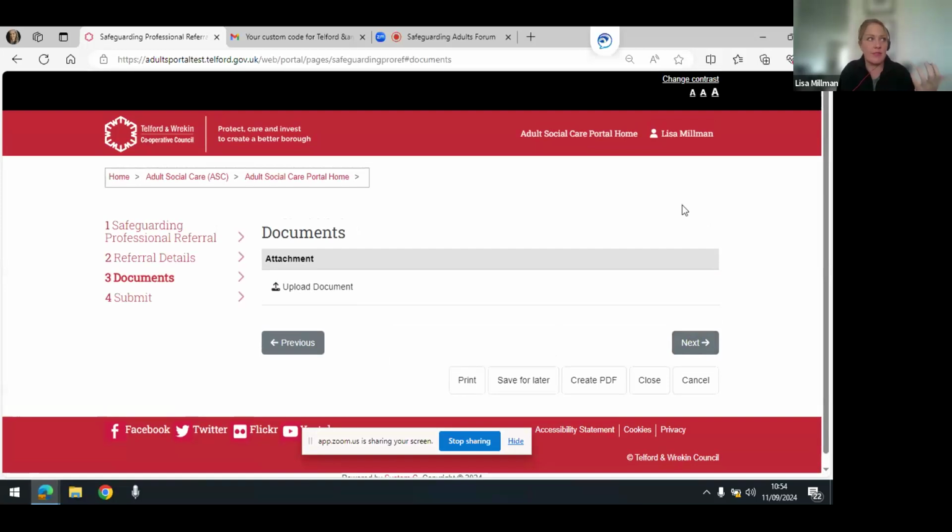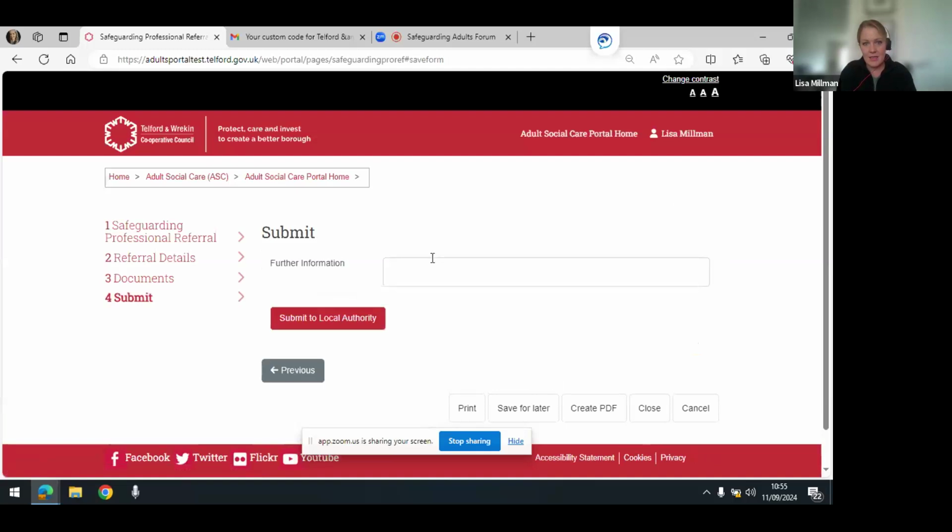So, for example, if there's been a fall, they will ask for the falls risk assessment, etc. So, I'm meeting with safeguarding tomorrow, or it could be this afternoon actually, to talk through some potential guidance to pop in here so that when you are making this referral, you will have more information in terms of, okay, if this is what it's about, you need to include X, Y, and Z. So we can upload the attachments there.